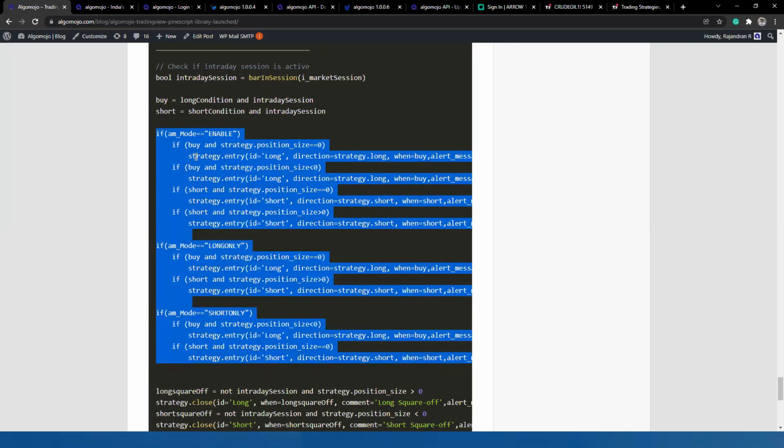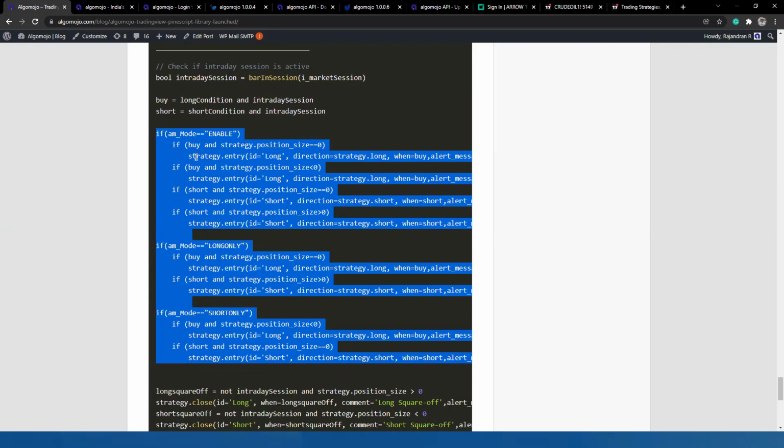If in case you are not sure about how to connect, you can always approach our Algo Mojo team. They will help you out in configuring the 4th module. The first 3 modules anybody can configure. For the 4th module, one needs a little bit of PineScript knowledge. If you already have PineScript knowledge, you know what you are doing. But if you are not sure, but you have a TradingView strategy, then you can always approach the Algo Mojo team and they'll help you out in coding those strategies. Hardly 10-15 minutes of work.